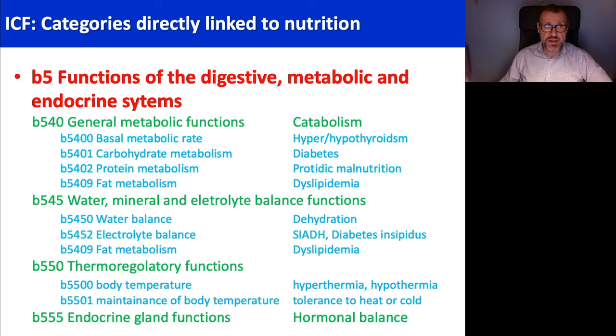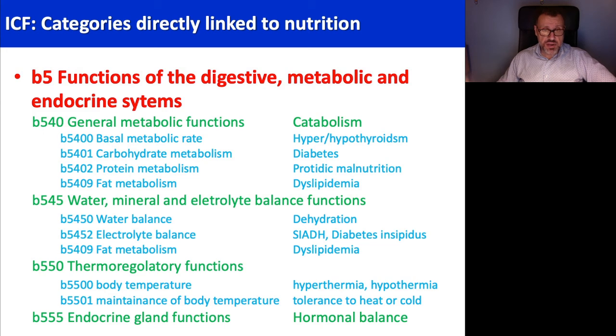But there are also other important categories in this chapter, like B540, general metabolic functions, related, for instance, to catabolism, and we have all these categories here. And this is very important: B542, protein metabolism, because this is directly linked to protein malnutrition. Whereas B549, fat metabolism, is related to dyslipidemia. Then we have water, mineral, and electrolyte balance functions with the related categories and impairments, very important, dehydration. The thermoregulatory functions, B550, with, for instance,